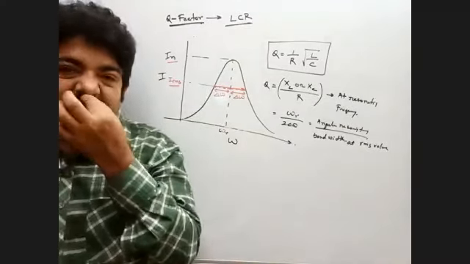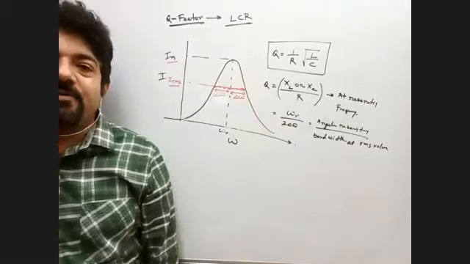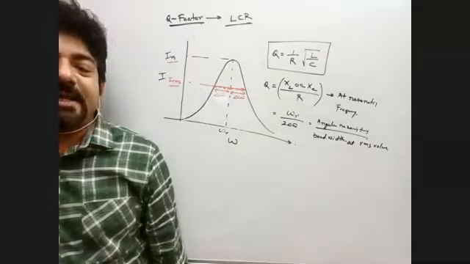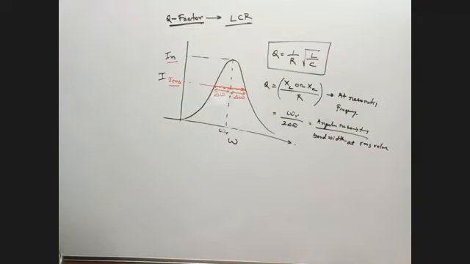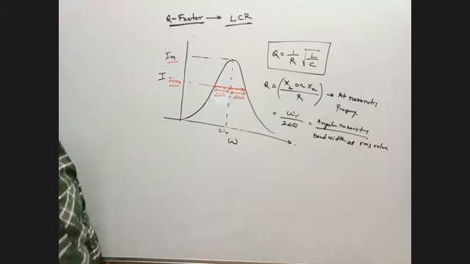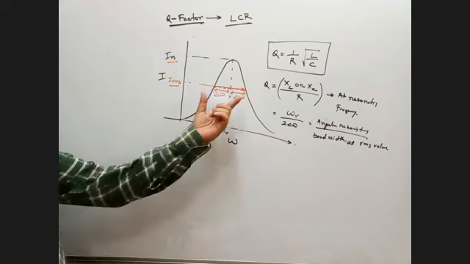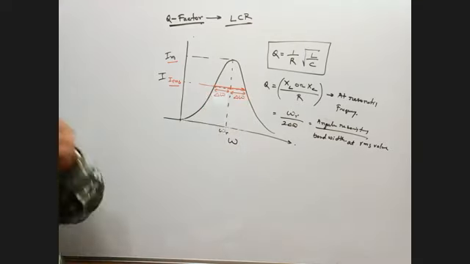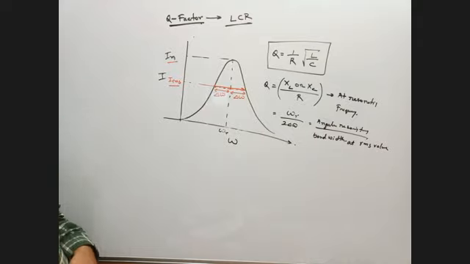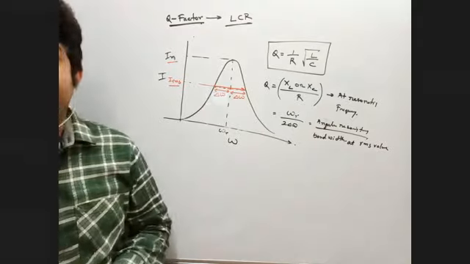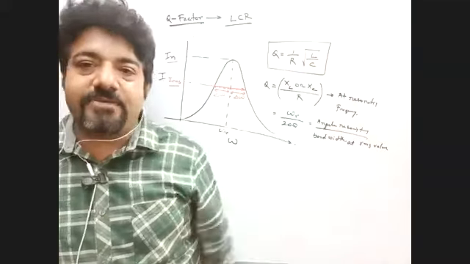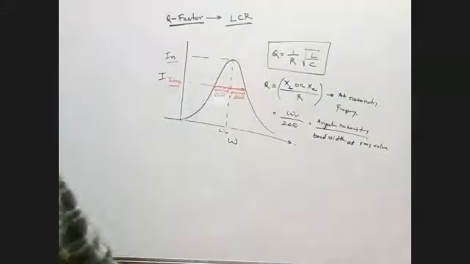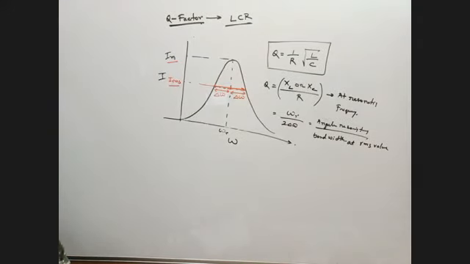So you can define Q factor, the value, directly the value that Q factor is 1 by R root under L by C. You can define it as the ratio of the inductive or capacitive resistance by resistance, pure resistance, or you can define as the angular resonating frequency by bandwidth, means that width at RMS value. Now, so many type of question examiner can ask you from this Q factor. First of all, they can ask you directly the value, and if you calculate later on, that is very, very important.